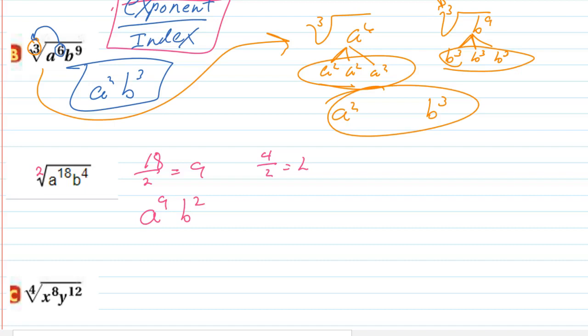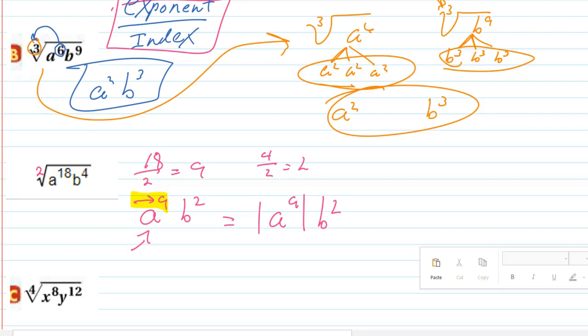Now there's a trick here. Remember, these are letters. We don't know what the letters stand for. This letter could be a negative. What we have to do then, because this is an odd exponent, and that only happens with odd exponents, is write an absolute value. So the proper way of writing this is the absolute value of a to the 9th b squared. The square is going to make the b positive no matter what. The absolute value will make a to the 9th positive. Again, if it's an odd exponent coming out of a square root, then I have to put the absolute value